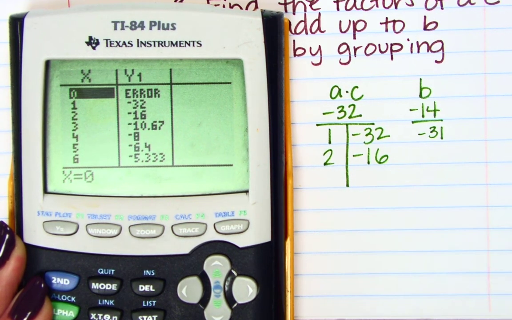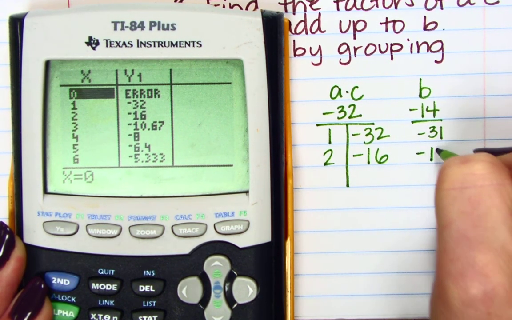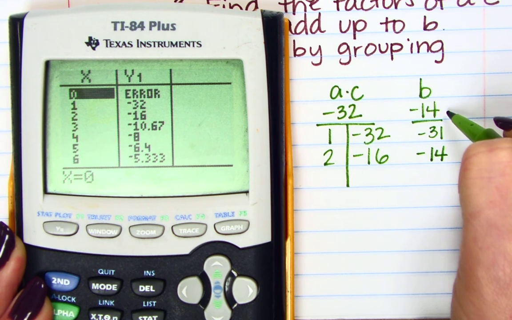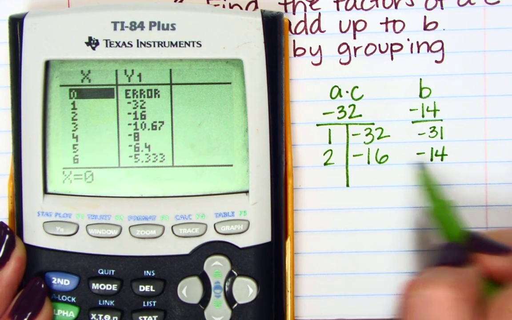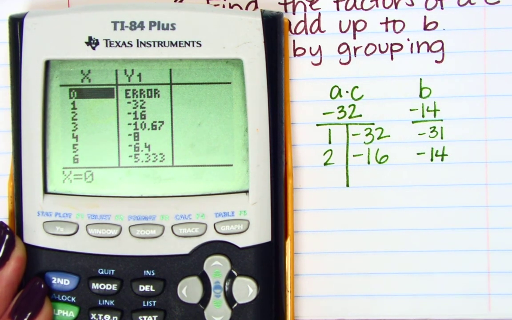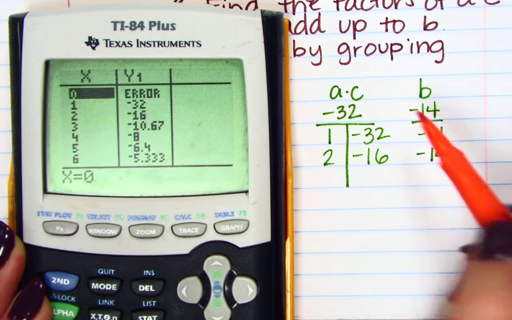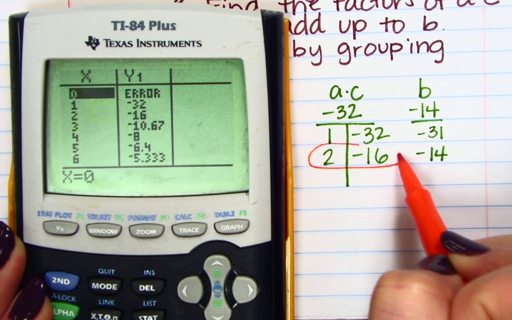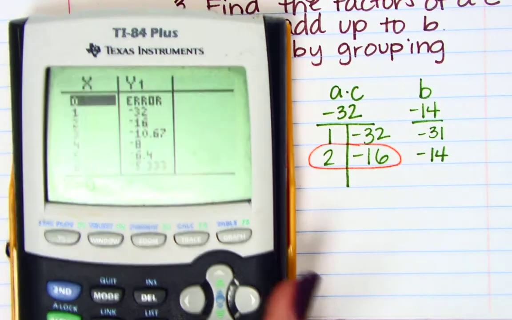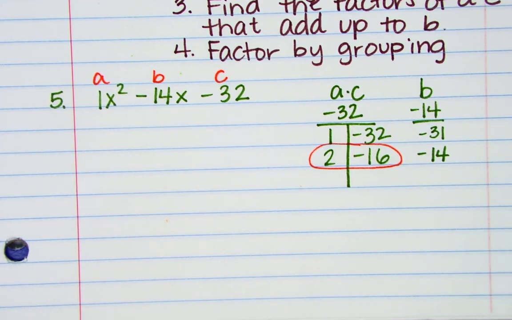What's 2 plus negative 16? Negative 14. That's the one I'm looking for, okay? Because I'm looking for the ones that add up to B. Okay, so that's the one I'm looking for. I can stop when I find it. And those are the ones I need. 2 and negative 16. Positive 2 and negative 16. Okay, now this is the part that people, I think, they always ask me, like, what are